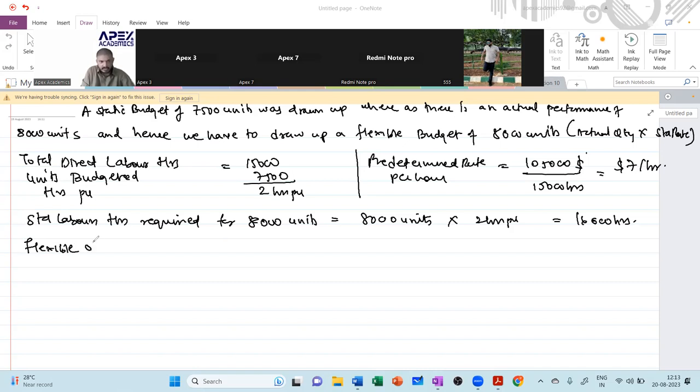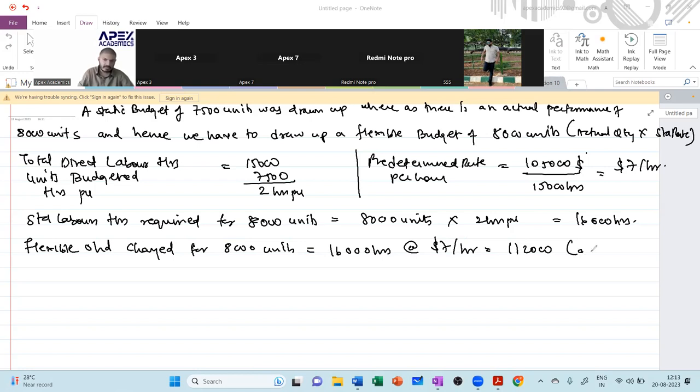Now, you need to understand one thing. What is the flexible overheads charged for 8,000 units? They are 16,000 hours at the rate of $7 per hour. 1,12,000. What are these? 1,12,000. These are applied overheads. Question says fixed budgeted